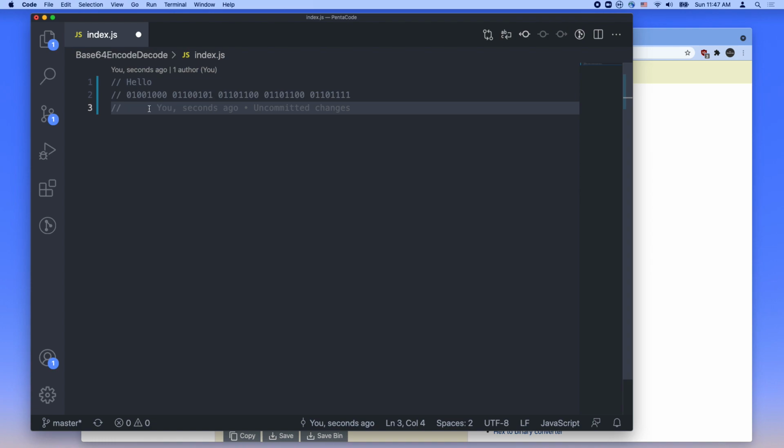Now in base64 encoding, you can only use 6 bits. So I'll do one example to show you how this works. You basically grab the first 6 digits and put that here as the first set of digits. Now you have 2 remaining. All you have to do is concatenate it with the next 4 digits, which is over here. You continue to do this until you reach the end.